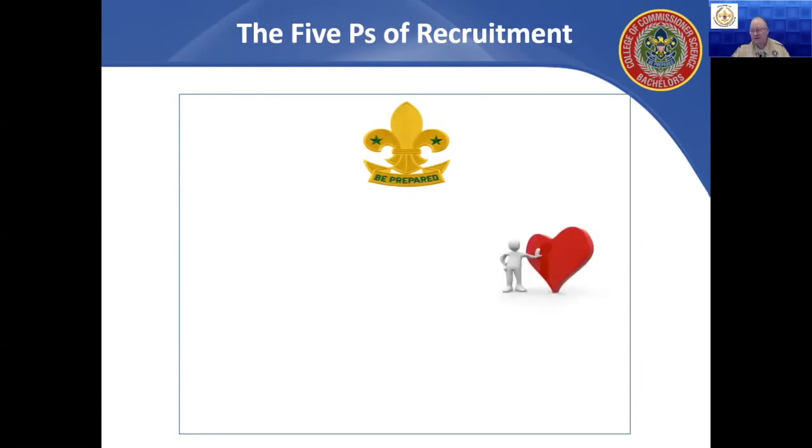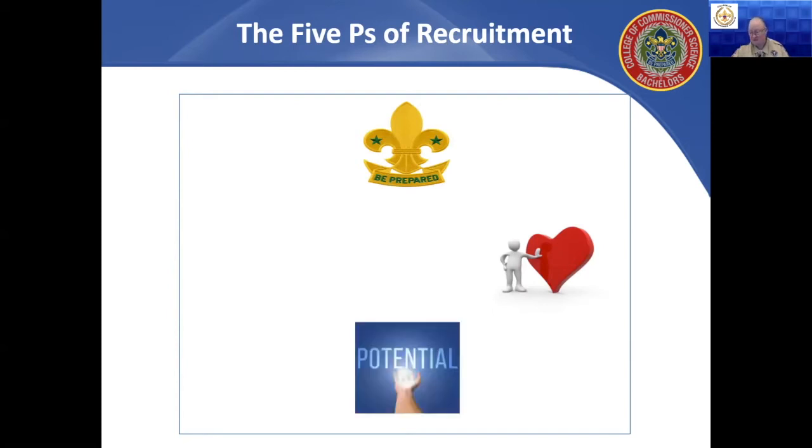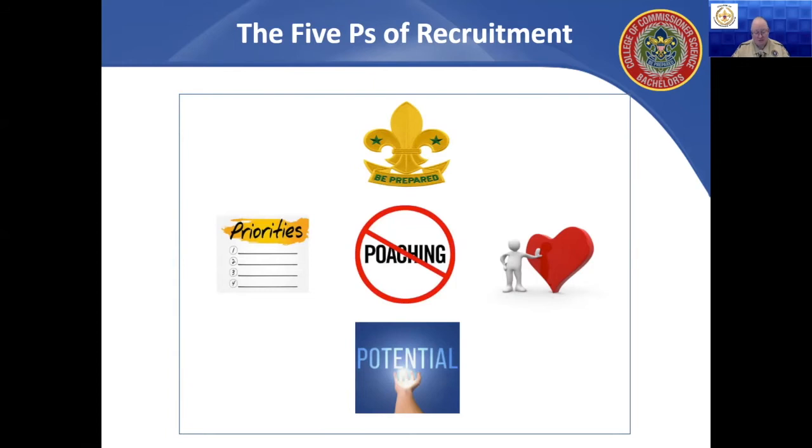As we're looking, once we do that, we look around and look for people to find out, are they willing to serve? We identify those candidates. And we're going to talk in more detail later in this course about ways that we can find people. David, you mentioned a couple that we definitely could use, the nominating committees and some of those other things that sometimes aren't in place, makes our job even harder. The potential to serve, when we identify those, their priorities, and then no poaching, as I mentioned earlier. The first thing I think we need to do, as we're preparing, is we write down those things, and